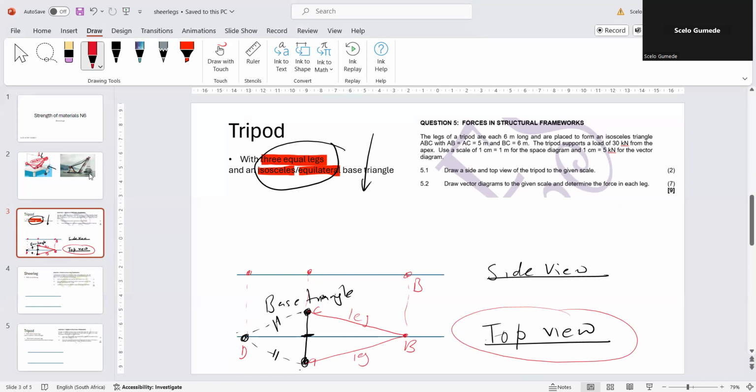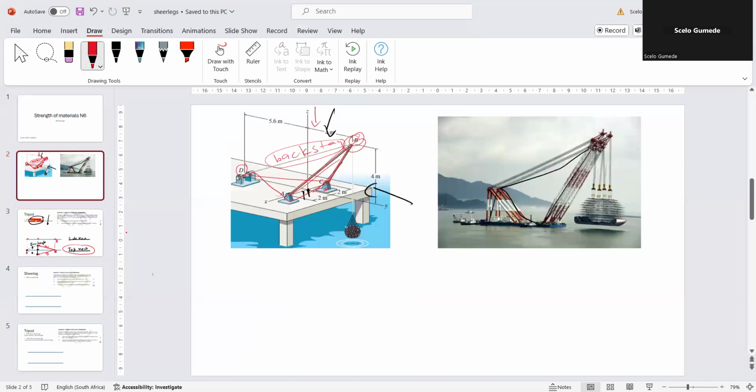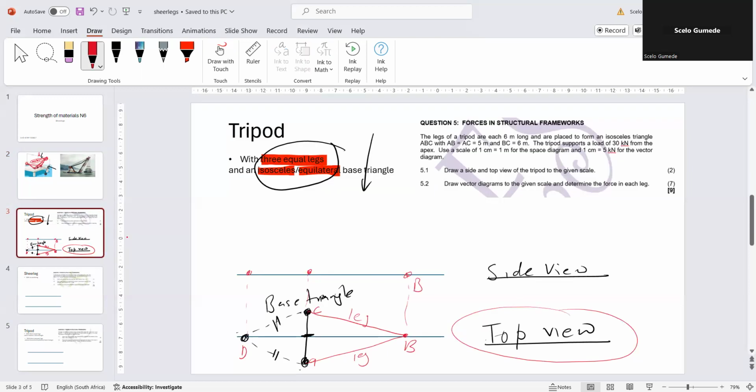Now, remember, I'm just using this diagram and in the way it's labeled. We are going to label differently when we start to do that question 5 here. So this would be B1. So this one maybe will be C1. This one will be D1. So when we project them upwards, they become like that. Now you put your